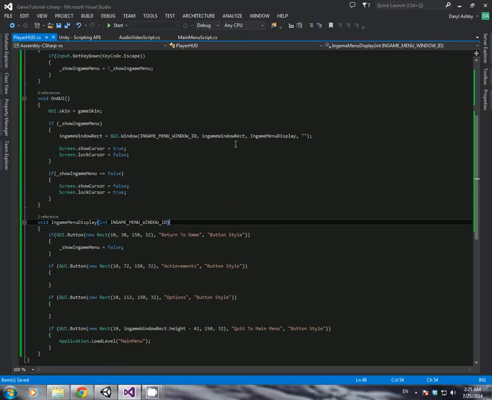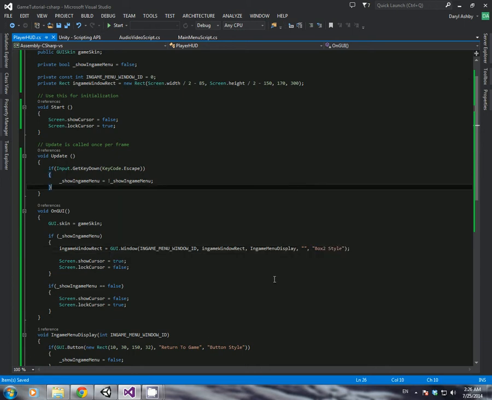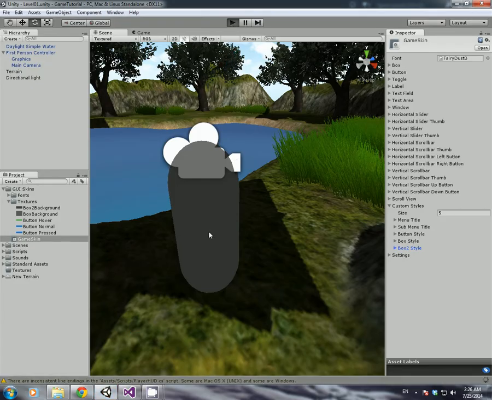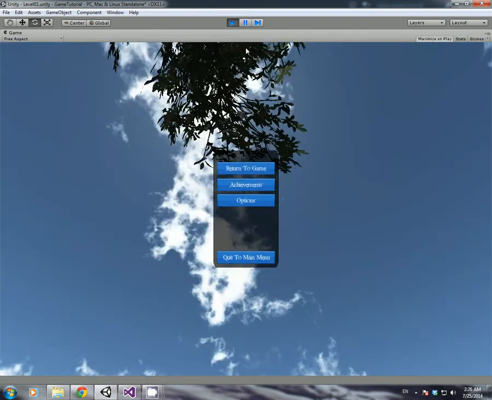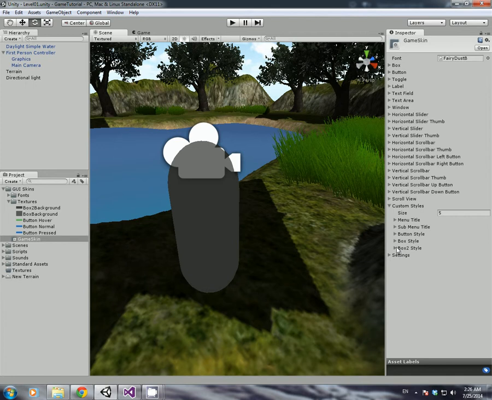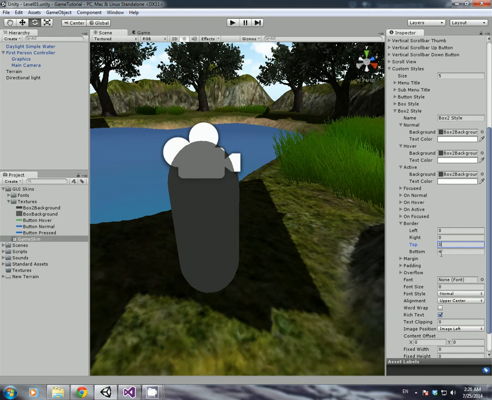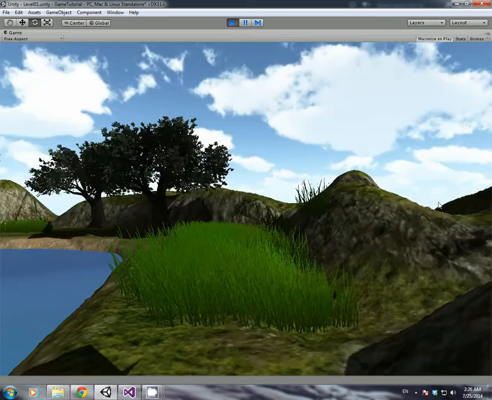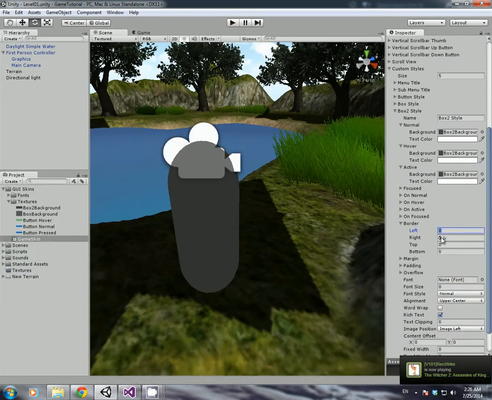Now if I go up to our in-game window rect, I'm just going to put another GUI style, box 2 style, in here. Let's see how that looks without actually adding much. Yeah, that looks a bit weird. So let's go down here and let's remove the borders because it's quite a large texture itself. It might be better if I remove them all. No, that's not it. It's a bit finicky, you've got to play around with it, see what finds the best